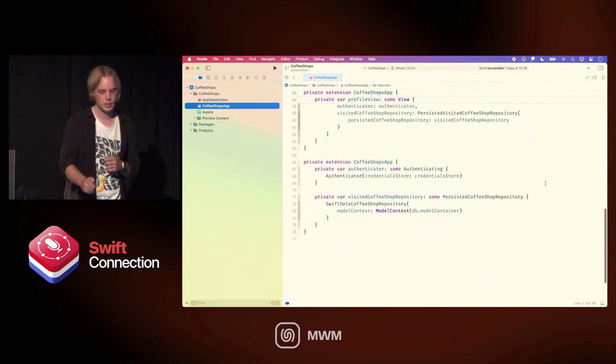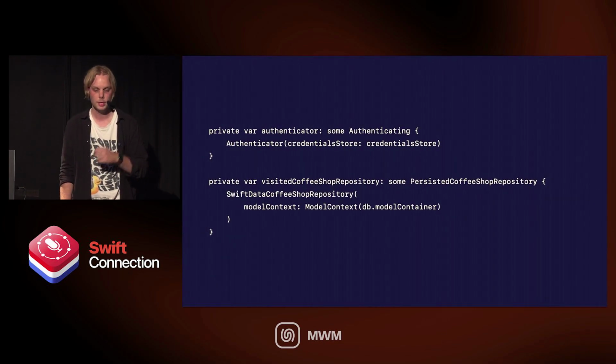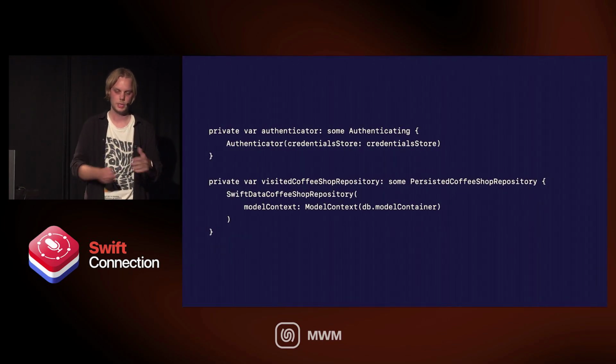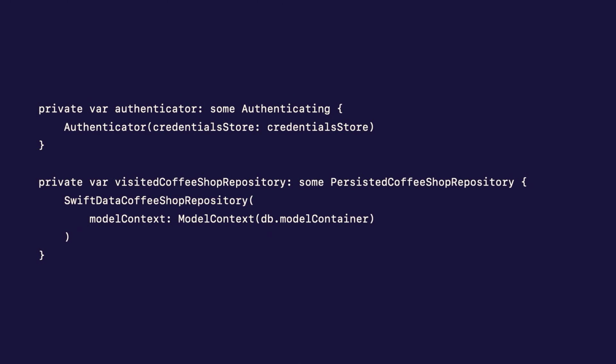All right, then we'll scroll down and see our two last composers. We have the authenticator and we have the visited coffee shop repository. These are teeny tiny composers, and I like to keep them tiny because if I use this composer in multiple parts of our object graph, maybe to create transient lifetimes, maybe where I have multiple parts of my app that need a visited coffee shop repository, and I want to create it every time I want to inject it, then if at some point I want to change what a visited coffee shop repository is, so in this case it's a SwiftData coffee shop repository, but say that I migrated back to Core Data,